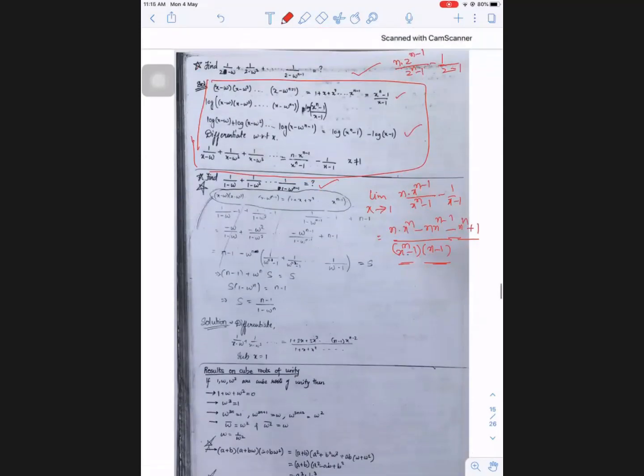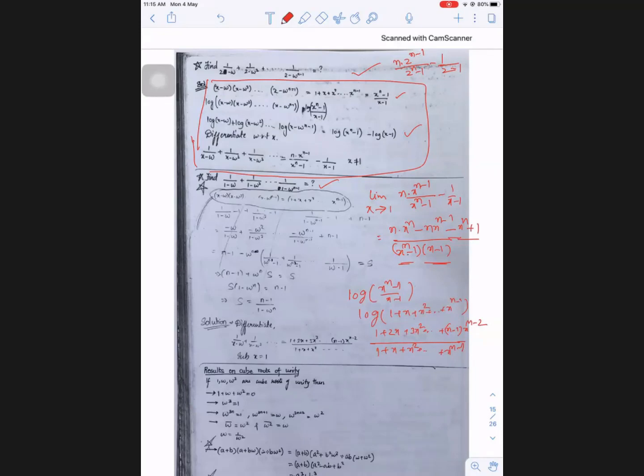Or you can apply one more approach also. Here, when you are applying log, instead of log((x^n − 1)/(x − 1)), take from the start log(1 + x + x² + so on + x^(n−1)). So here if you apply L'Hospital's rule, the denominator is 1 + x + x² + so on + x^(n−1). The numerator you will get is 1 + 2x + 3x² + so on + (n − 1)·x^(n−2). Now write x equal to 1 here.